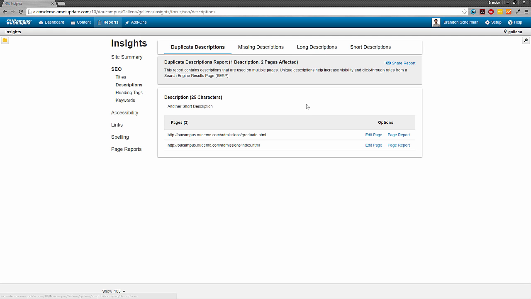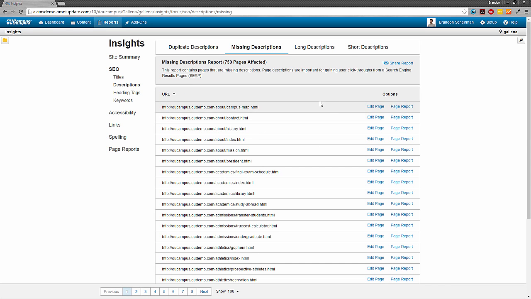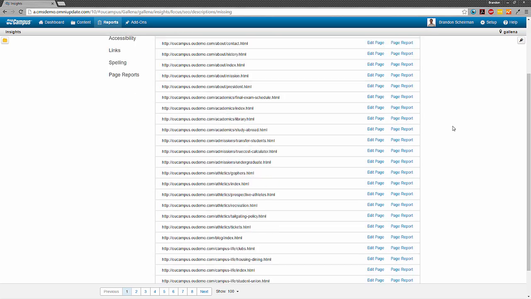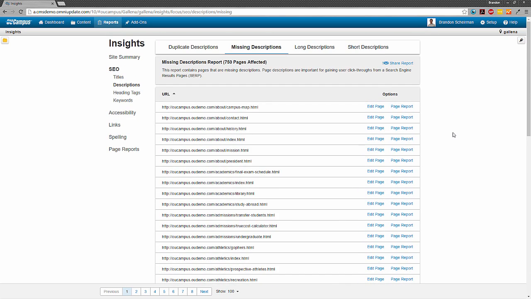Moving on, you can look at the description ones, and we have 4 descriptions there, and they basically mirror the ones that are available inside of titles, except instead of titles, you're talking about descriptions. So we have duplicate descriptions, so any pages that have the same description as another page, it'll tell you what the description is and what your offending files are. Missing descriptions, self-explanatory, any page that doesn't have any description at all. And as we can see, there's quite a few options in this sandbox environment for me.